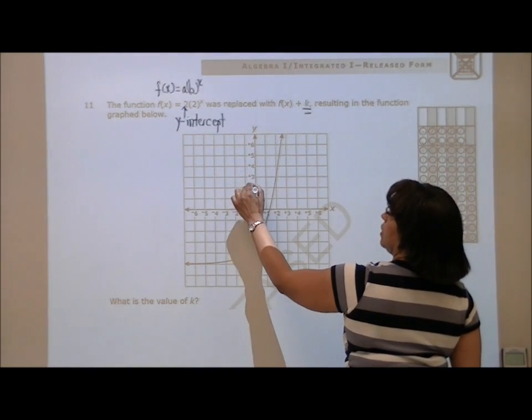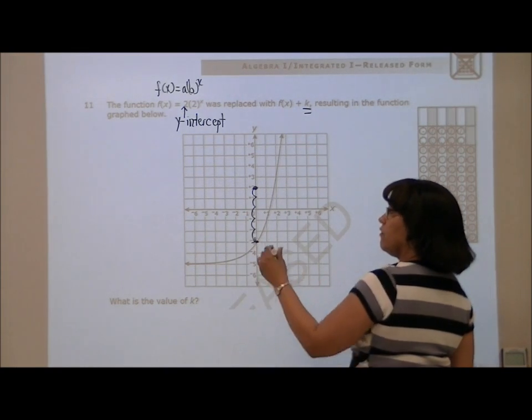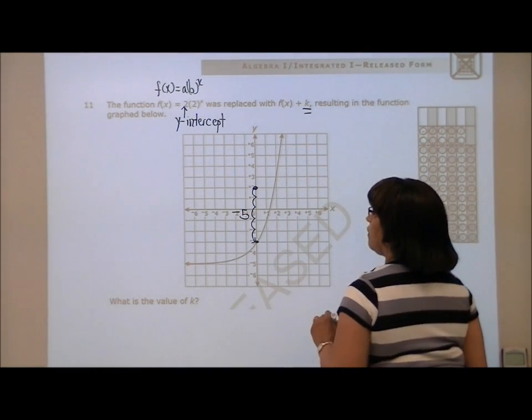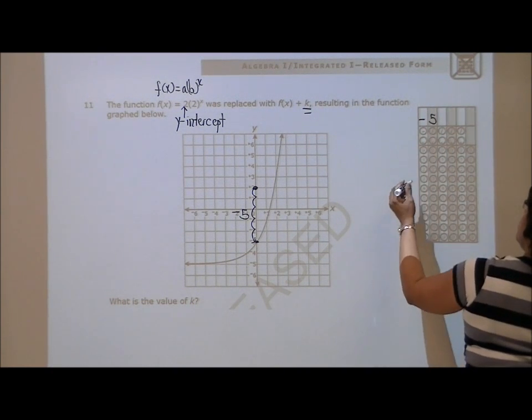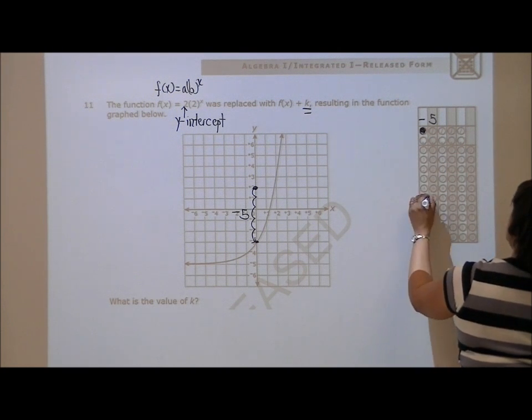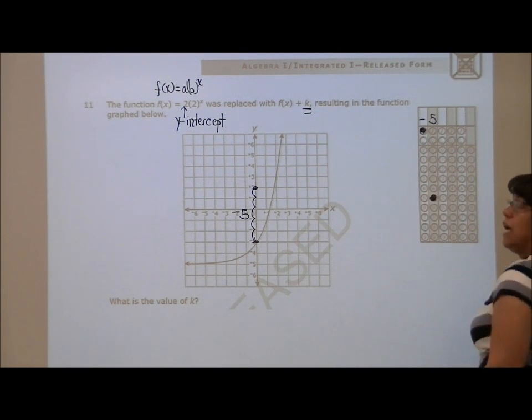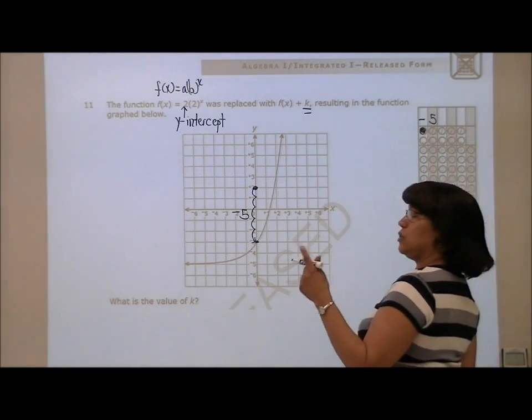So we bounce. 1, 2, 3, 4, 5. We went down 5, so that's a negative 5. So the value of K is negative 5. So you bubble in your negative, and you bubble in your 5. And that's it. If you want it to shift left or right, I just want to show you how that